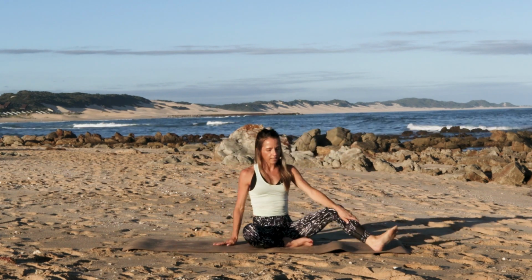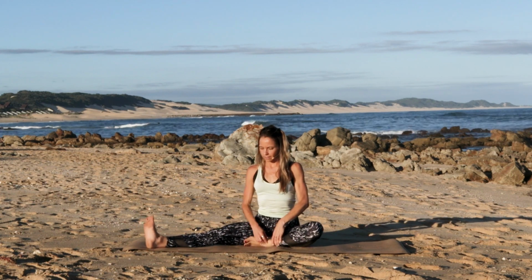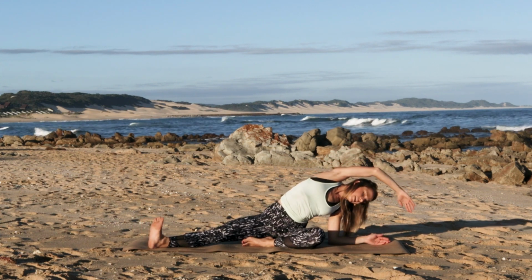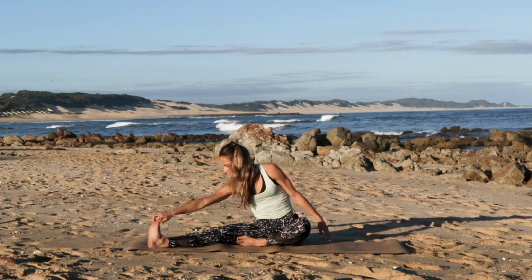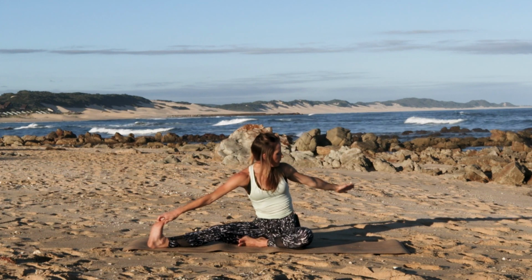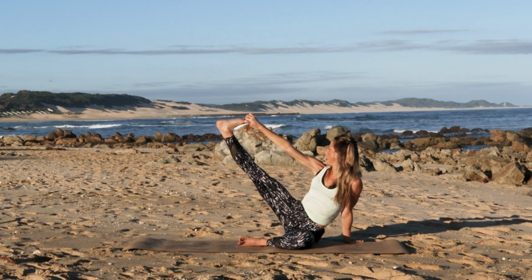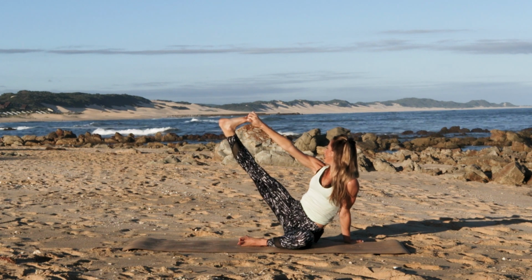We're going to extend that right leg and tucking in that left leg, leaning that right arm over towards that opposite back left corner, taking a deep inhale and grabbing that right foot as you lift that left arm up and around, placing that left hand onto the mat as you lift that right hand and right foot and looking over that right shoulder. Deep breath,